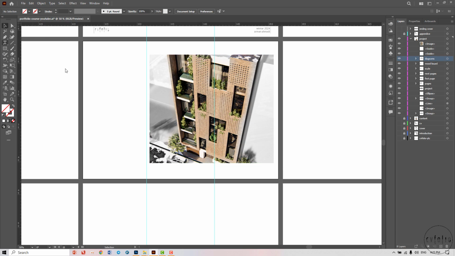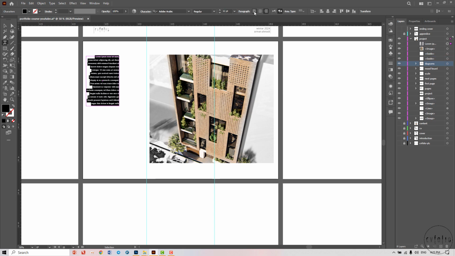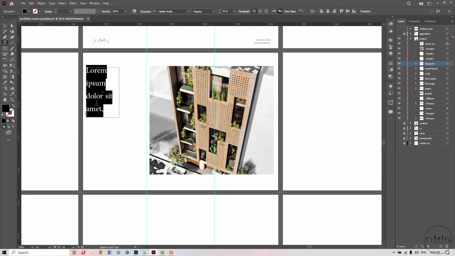So I just go to text and I draw a boundary for here, change the size. I want to align it to left, and also we want a higher number for my fonts, so I increase this